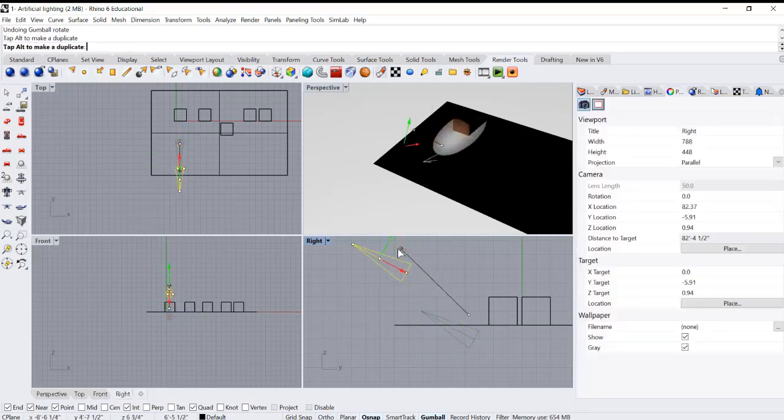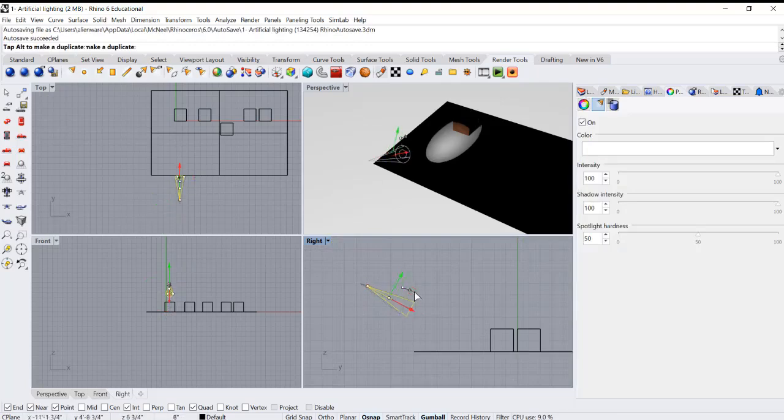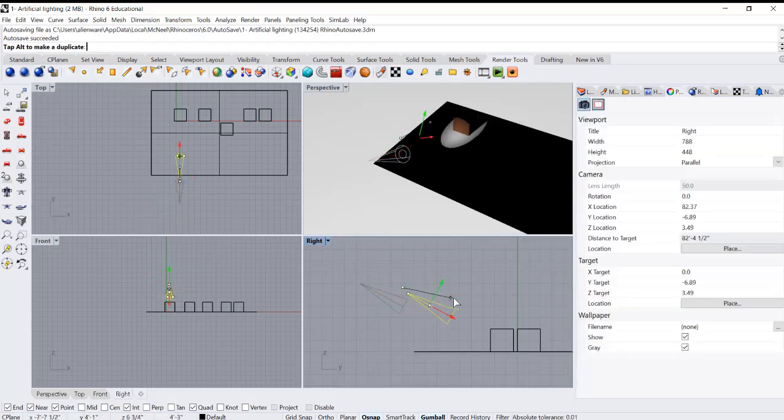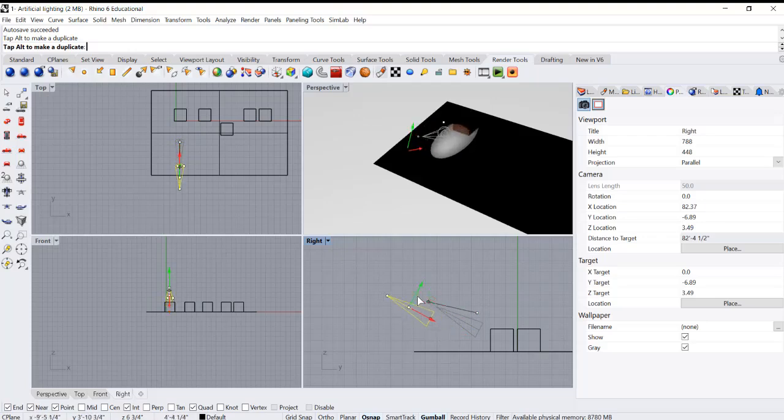Once you have it in place, you can see how I zoom in. I move my spotlight closer to my object, and then the boundary on my light gets smaller as I get closer to my object or to the plane that I placed. And then the further I get,